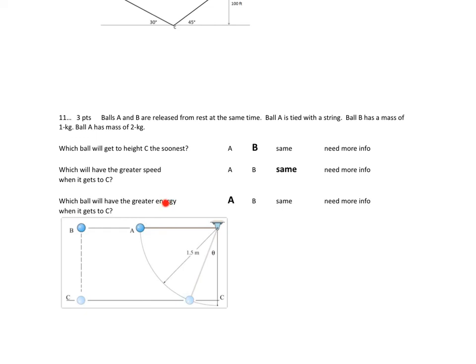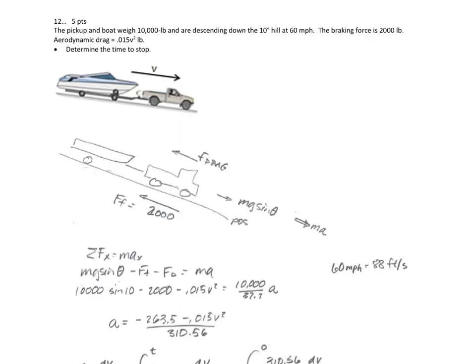Now, which one has the greater energy depends on which one has more mass. In other words, what you get at the bottom is 1/2 mv squared. If you've got a bigger mass, you've got more energy. Okay,